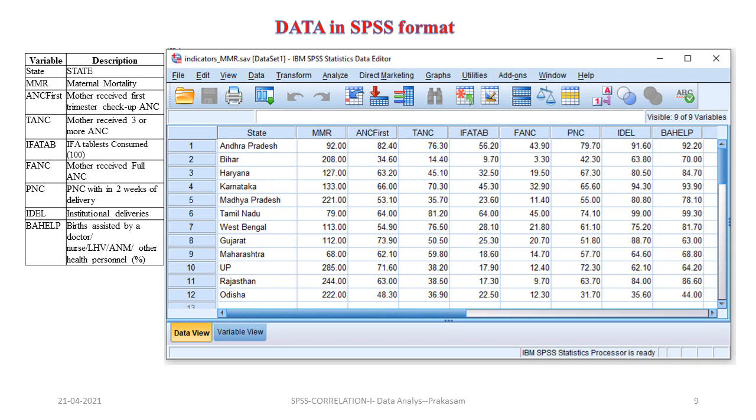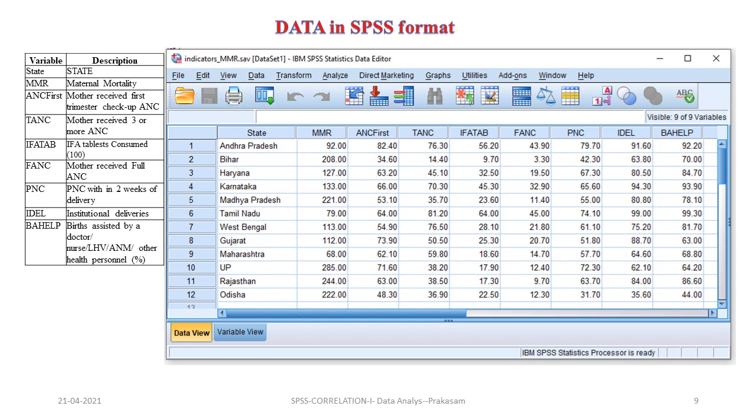For each state, there are 12 selected states, and the first variable is the MMR, maternal mortality. The second variable is ANC first, the third variable is mothers who received 3 or more antenatal care, and then IF tablets, full ANC, postnatal care, institutional delivery, as well as birth assisted by health personnel.